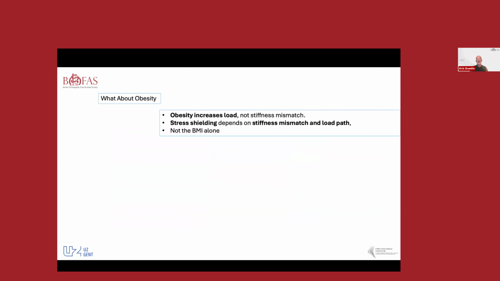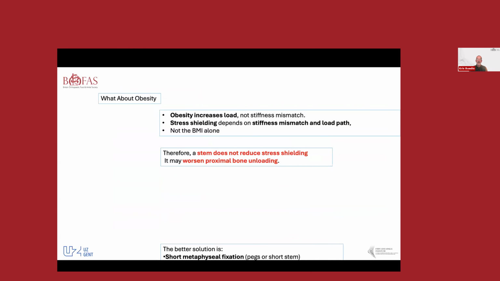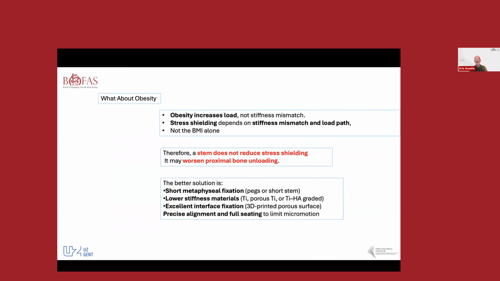But what then about obesity? Obesity increases load, but there is no stiffness mismatch. There is stress shielding depending on the stiffness mismatch and load, so it's not BMI alone. A stem does not reduce stress shielding, and it may worsen proximal bone unloading. So it's more important to have a lower-stiffness material or an axial interface fixation, like a 3D-printed porous surface. But stem fixation is probably not necessary, because you can have more stress shielding of the implant and faster loosening of your